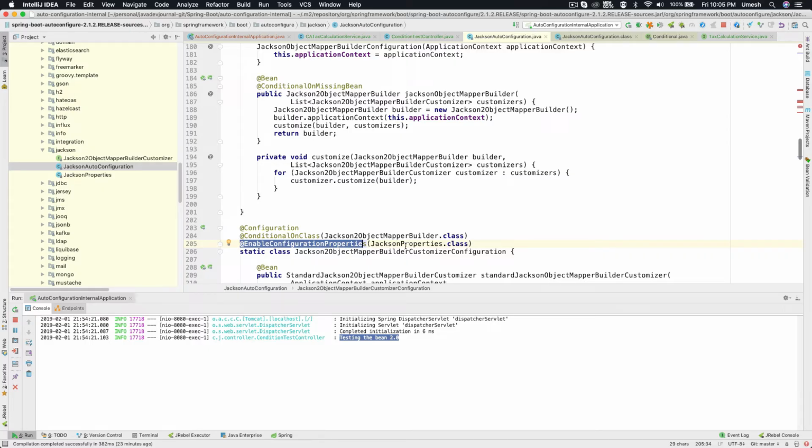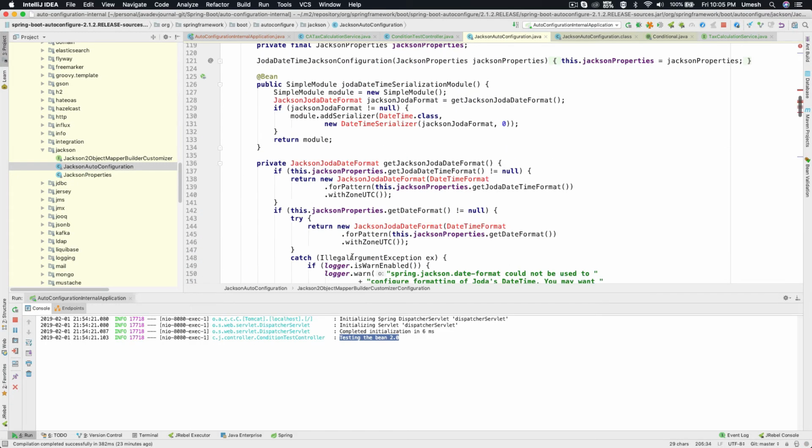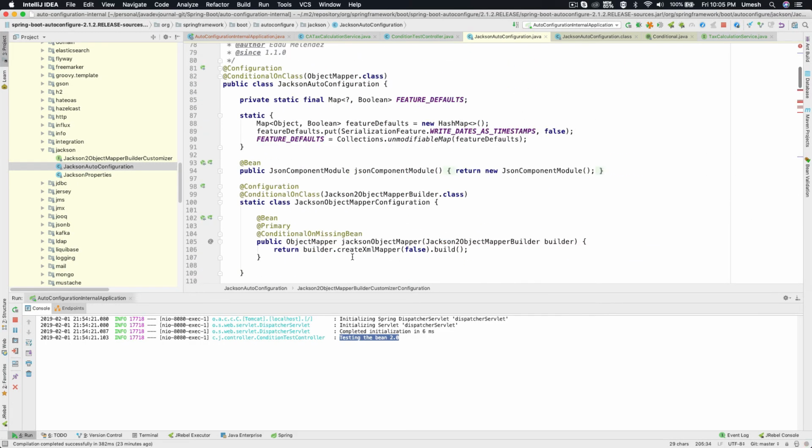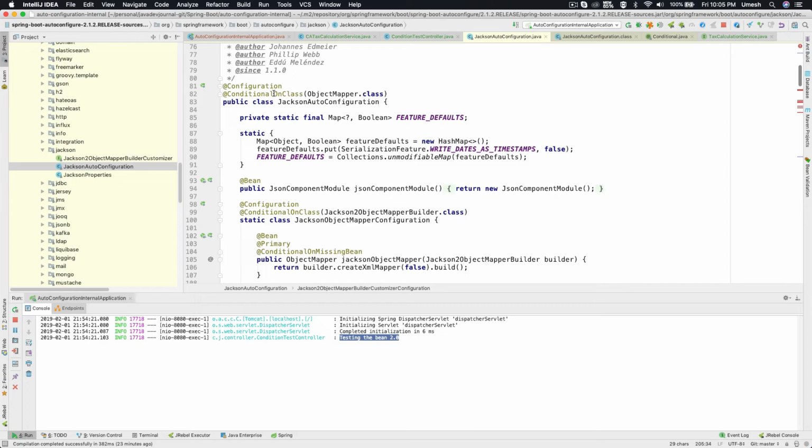There are different annotations which are an extension of your conditional annotations, and based upon that, it can be at the class level, or you can put the condition based upon the beans, for example a conditional on missing bean, conditional on a class, and then Spring Boot takes a call whether it needs to load that auto configuration or not. Okay,